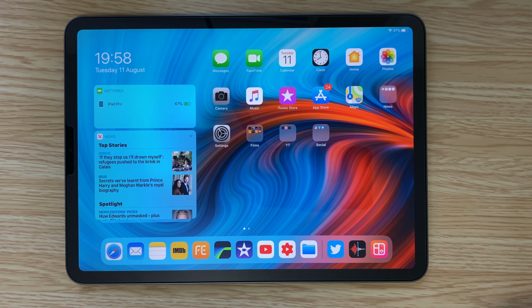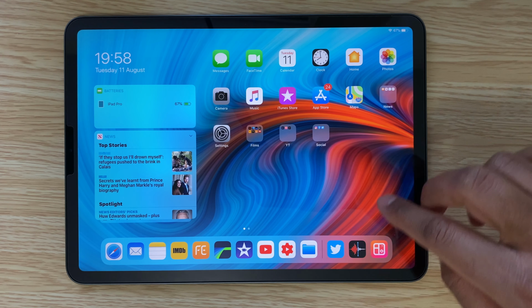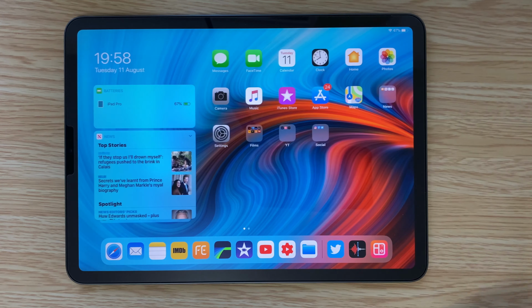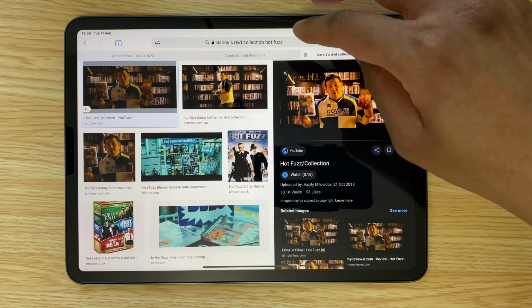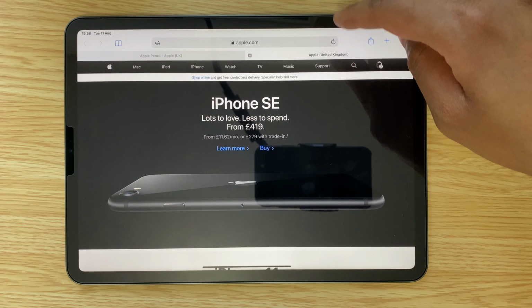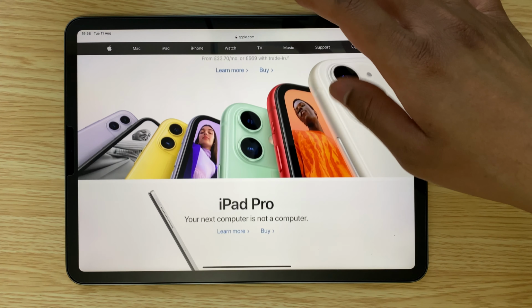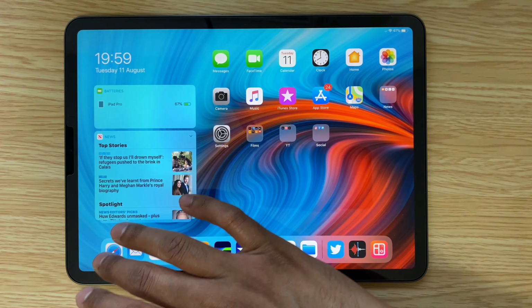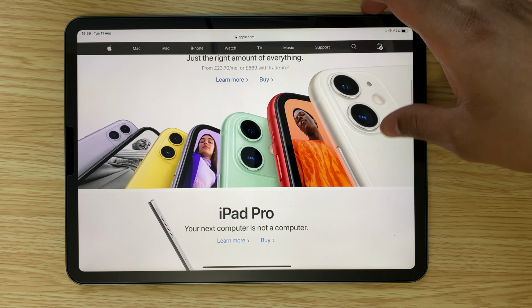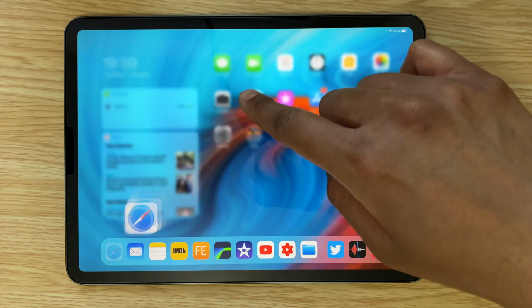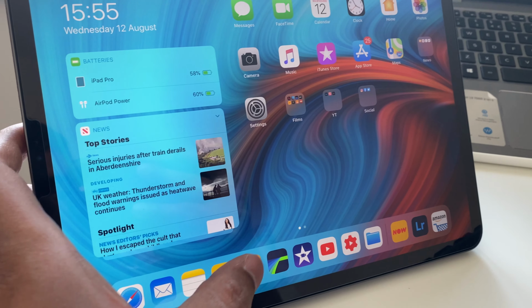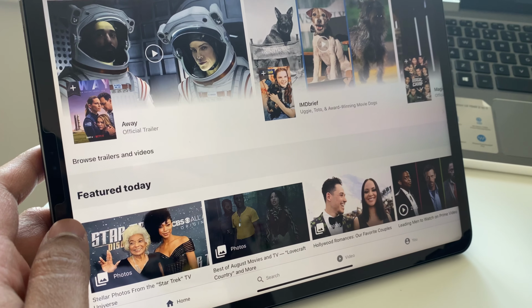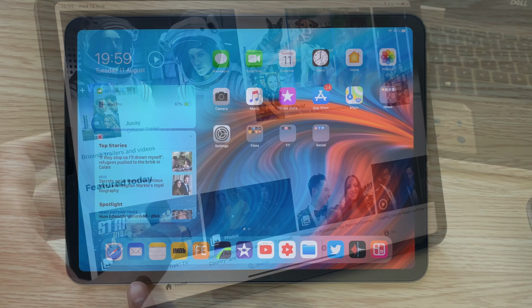Next, let's talk about the dock. I put all my apps which I use the most here, along with all the productivity apps which I use for making YouTube videos. First, it is Safari. I do have Chrome as well, but I use the native Safari browser as it is very decent. Then I have the native Mail app, and then the IMDb. As I said, it would be good to just swipe up from the dock and fire this up for more information regarding a movie. Then I have the Notes app.